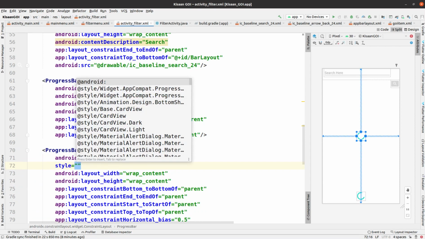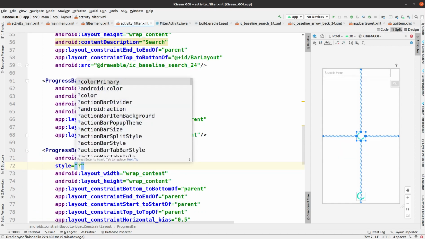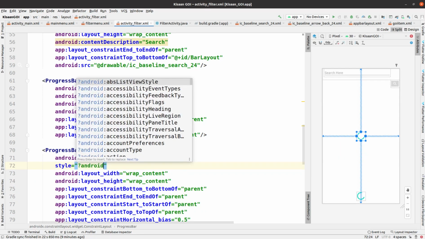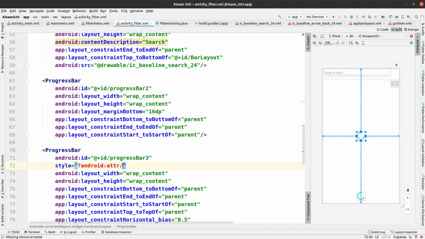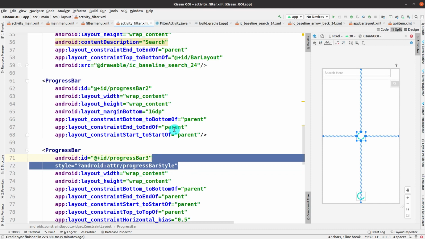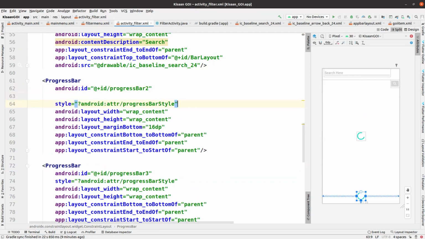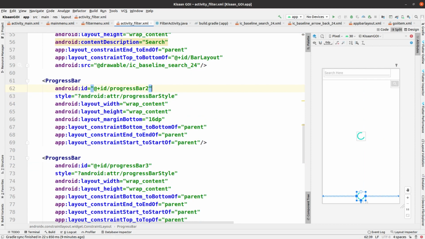One more thing, we added a style for this progress bar which we missed for the previous progress bar also. So I just gave it here android, then attribute progress bar style, and copy and paste it for this progress bar also.